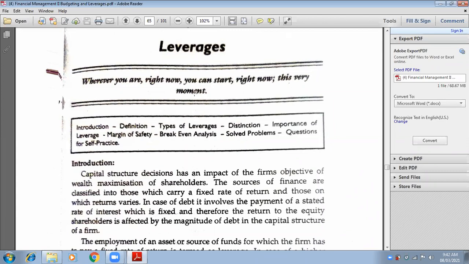So leverages will help you understand and calculate the amount of profits to be given to the borrowed fund holders, and the profit which is left over for the shareholder funds. So the main motto is to maximize the wealth of the shareholders. This is one way to understand whether our wealth is maximized or not. Are you getting my example? Did you understand what leverage is?